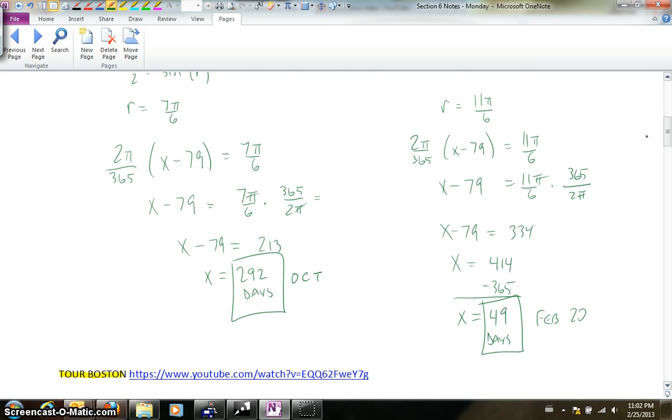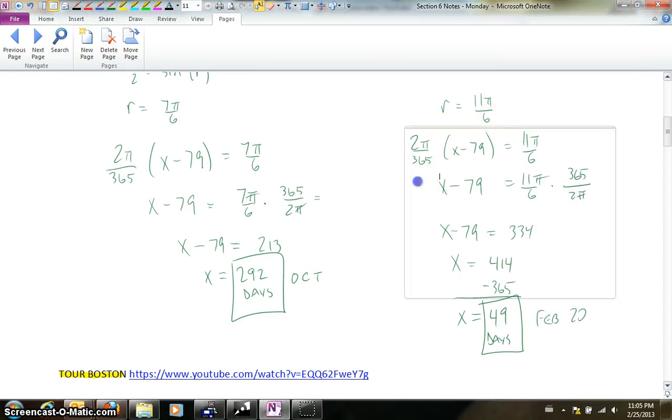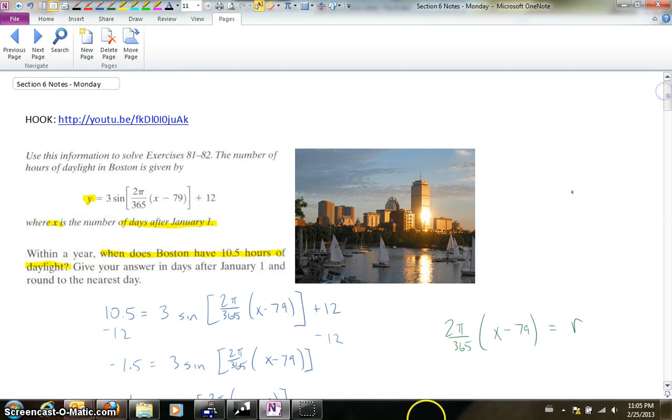Okay, so I just went ahead and graphed the two equations. I graphed our initial equation. I paused the video recording and